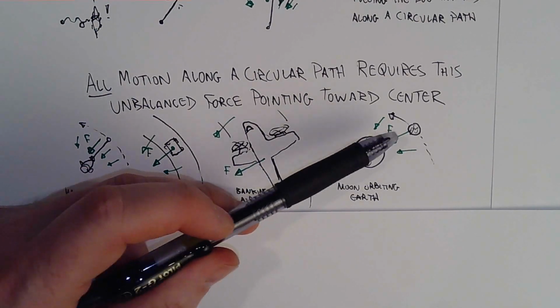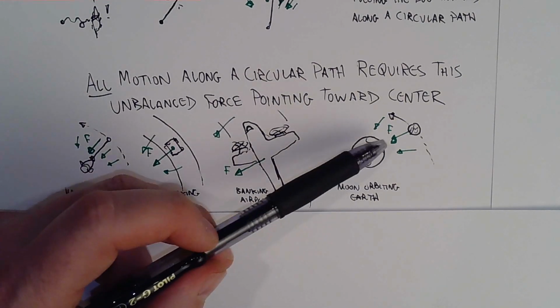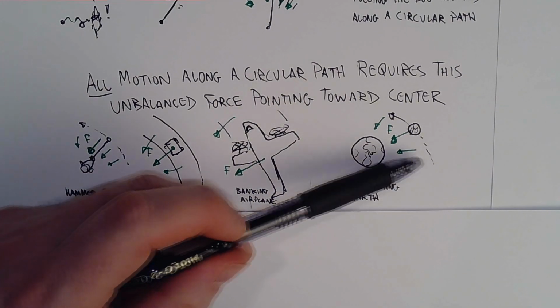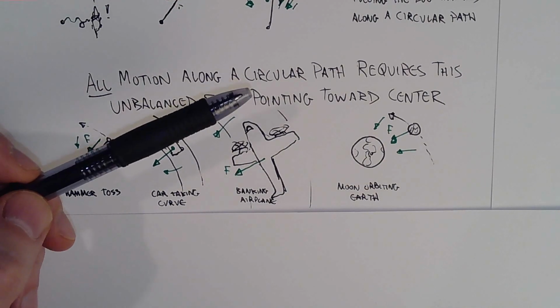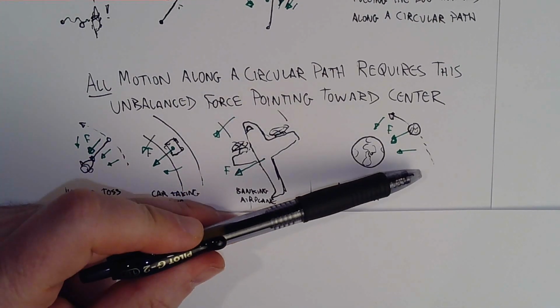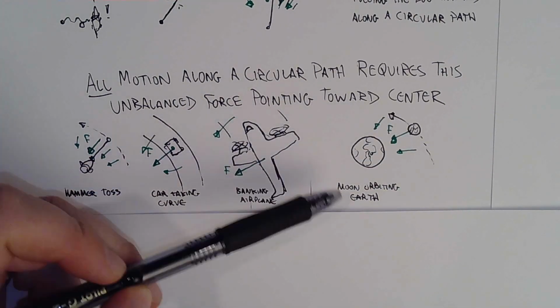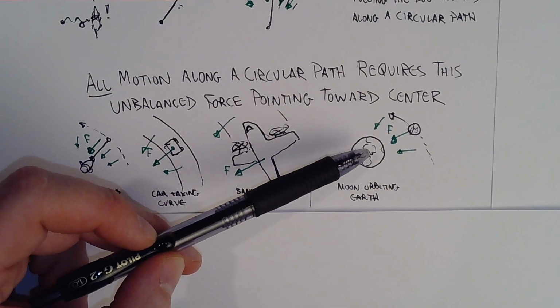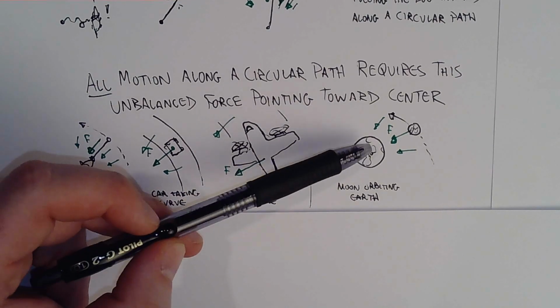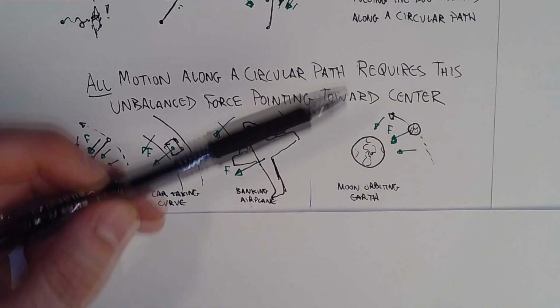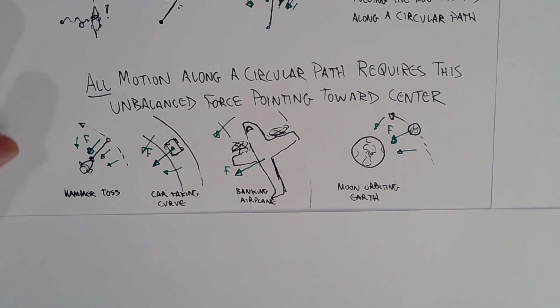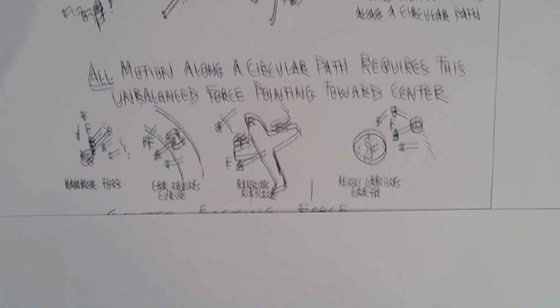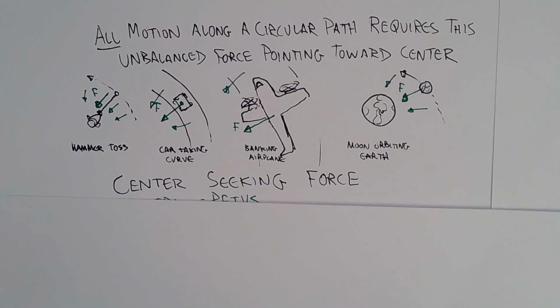The Earth is pulling on the Moon. The Moon's pulling on the Earth too, but we won't worry about that for this diagram. The Earth is always pulling the Moon toward it. This motion of the Moon orbiting around the Earth is the result of an inward force from the Earth on the Moon, always directing towards the center, which is basically the Earth. So in all of these instances, even though these all look very different from each other, there's what we call